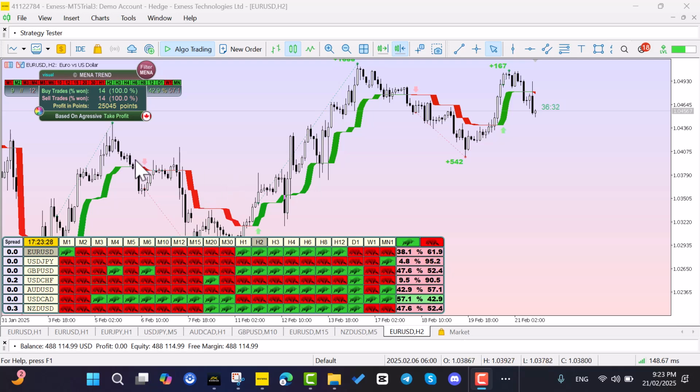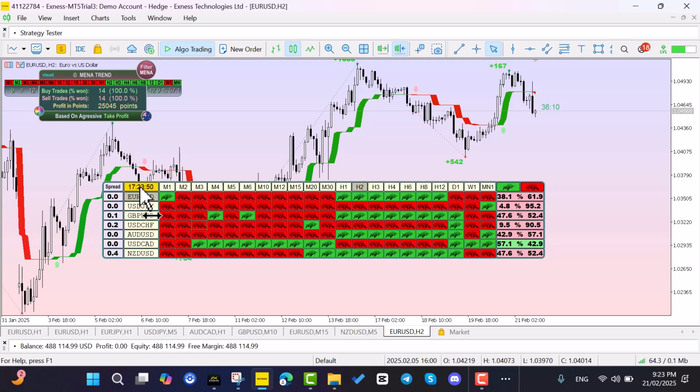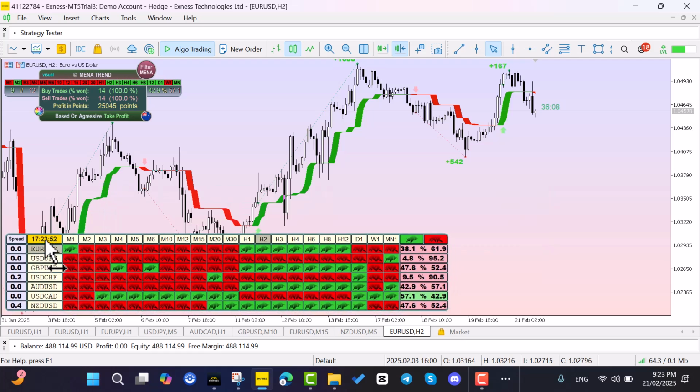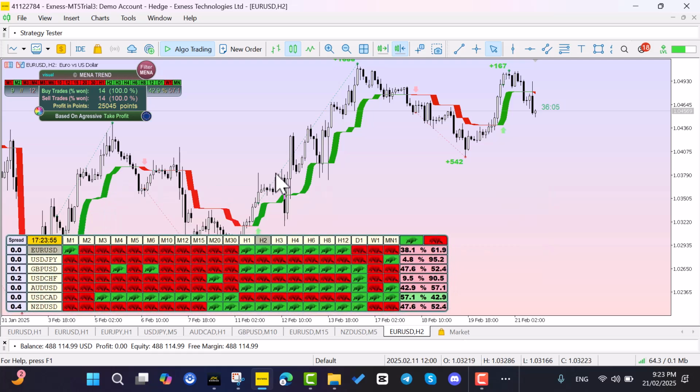Obviously this indicator right here that you could see. It's a scanner, and it also finds trades using a very good indicator that you could see on the screen. I'm going to go through everything in this video and talk to you guys about every single detail, explain how this indicator works in general, how you can take advantage of it, and how to use it properly. We're going to start with